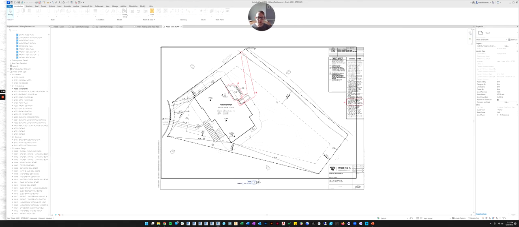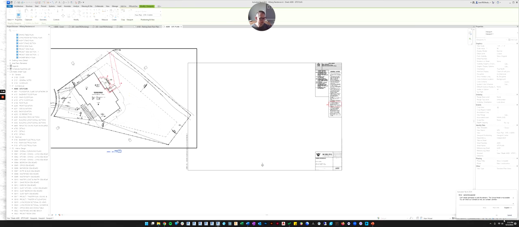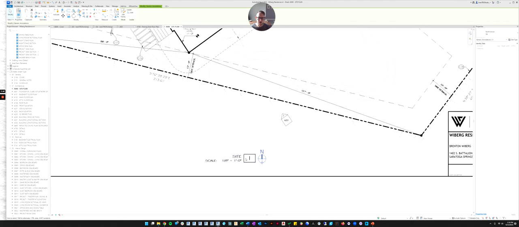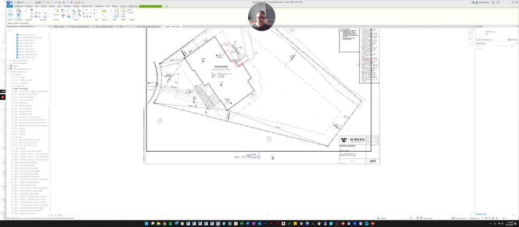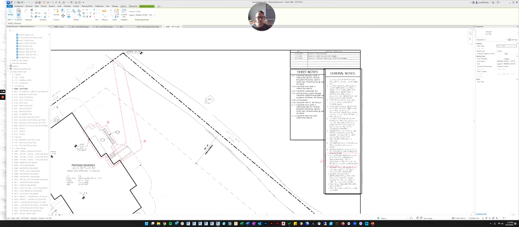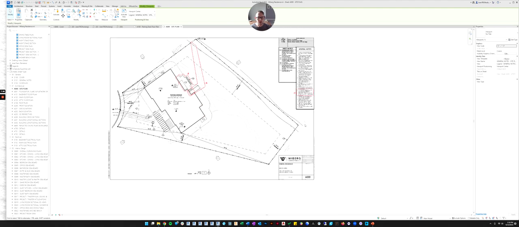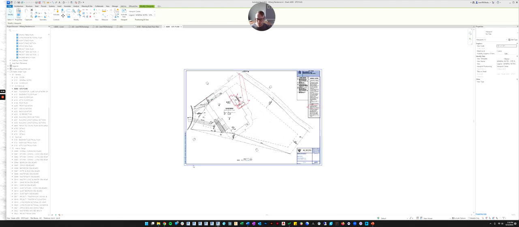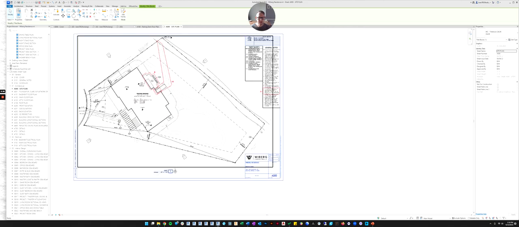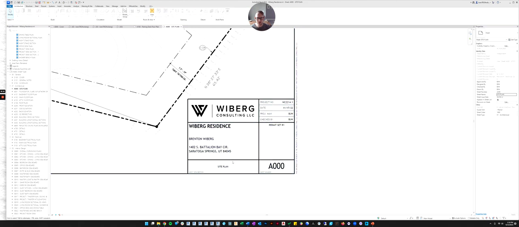So you can see, here's my view that I have on the sheet. Then in addition to the view, there is the north arrow. There's the view name. I have got sheet notes, and then I have general notes, which is a legend component. And then you see my title block is much more simple. All my title block has is the border around the edge, and then down in the corner I have a small block of items.